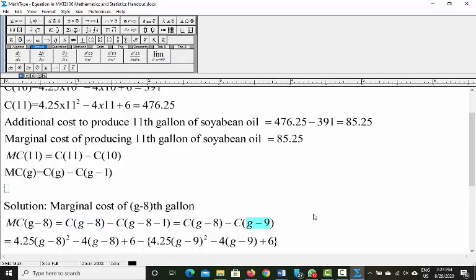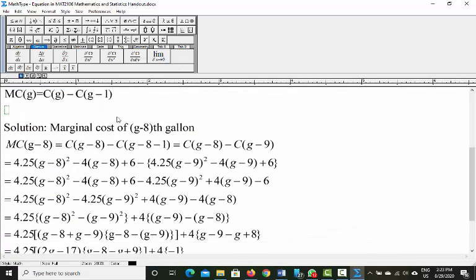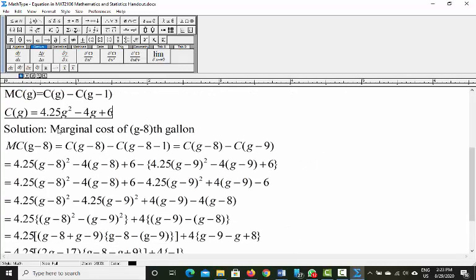So here, this was the total cost function. So this is C(G). Now we want to find C(G minus 8). That means this G needs to be replaced by, if you want to find the expression for this one,